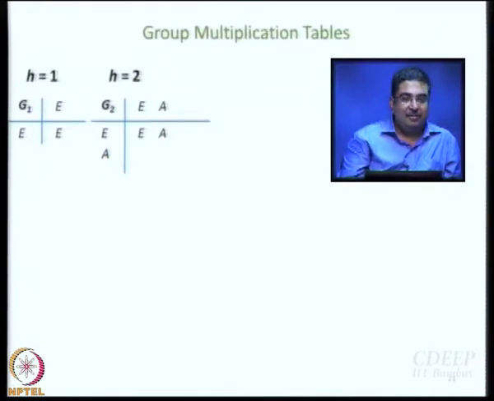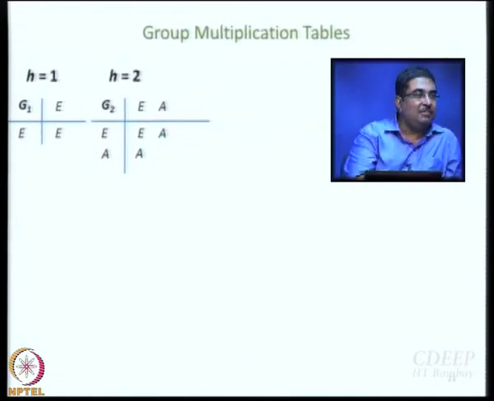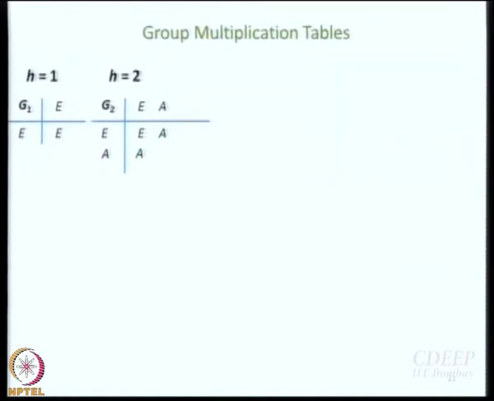right. What will be E multiplied by A? It will be A. And what is A multiplied by E? Again A. Only one element is left, so what will this element be? My second initial D. You wrote A, so why don't you write D and complete the story? Because if you do, then you are going to violate this property of closure, right? Closure has to be there, so you better write E. Don't write anything else. And in fact, A into A is E.